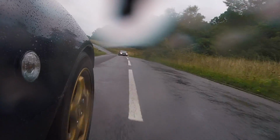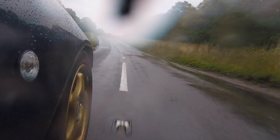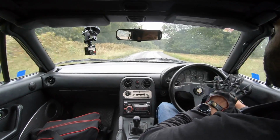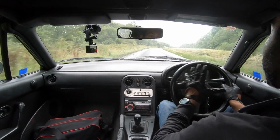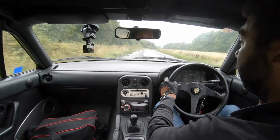But you don't care about the weather, do you? You want to know how this car has been since I fitted the spacers. Well, today won't be the fairest comparison because the road is now wet. So I do need to be a little bit careful because the tyres I have on the rear axle, the